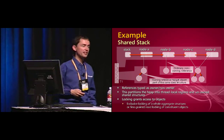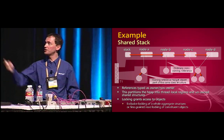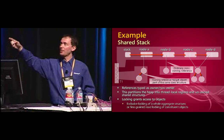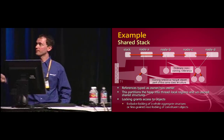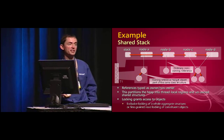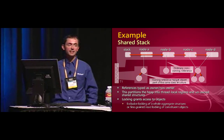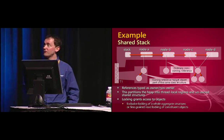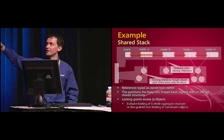So, to illustrate this idea of ownership, I'll use an example of a stack. And we've got a set of nodes that make up the stack going across the top of the slide. And then at each position in the stack, there's some objects that have been pushed onto it. So we've got one node in the middle and then a kind of tree structure that's been pushed onto the stack twice. Now, the different color arrows indicate these distinctions between owning and non-owning references. The thick red arrows show where there's an ownership relationship, and the ordinary thin arrows show where there's just an